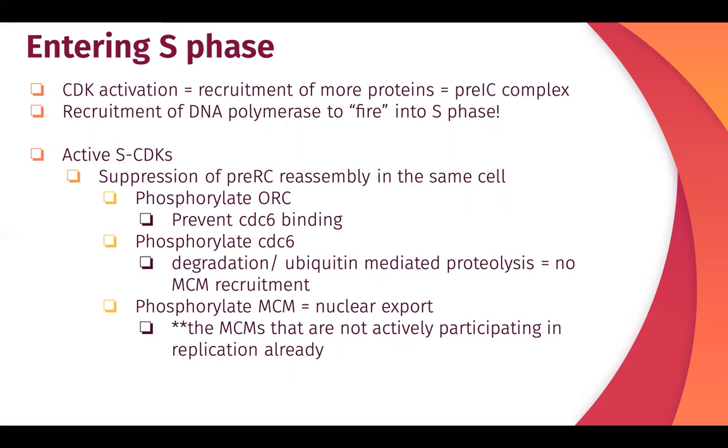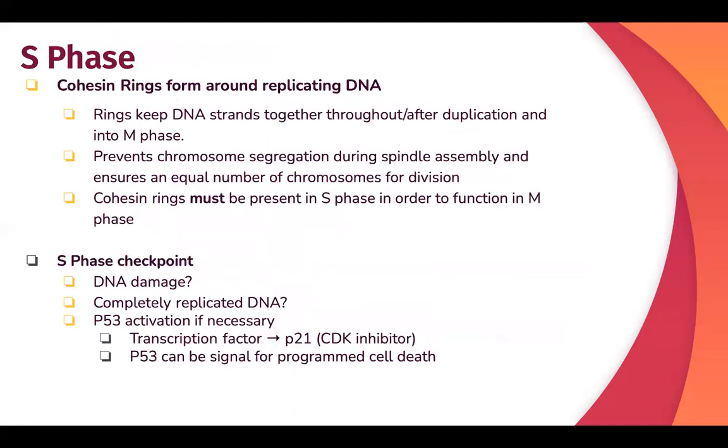Because if your pre-RC forms again, you have a potential chance of firing DNA replication again, and you don't want that, because if you do multiple DNA replication firings, that increases your chances of DNA replication damage. Does that make sense? All right, so S phase specifically, you have your cohesin rings that form around replicating